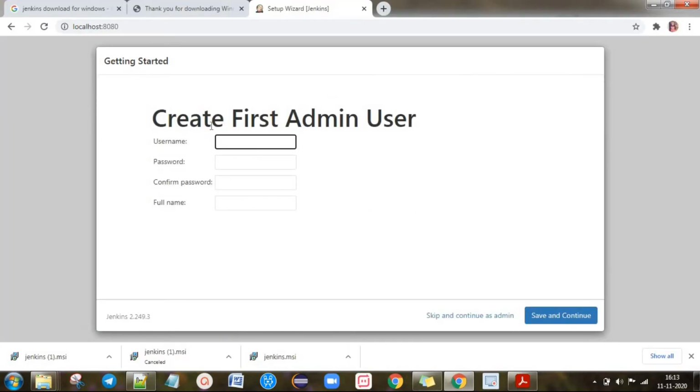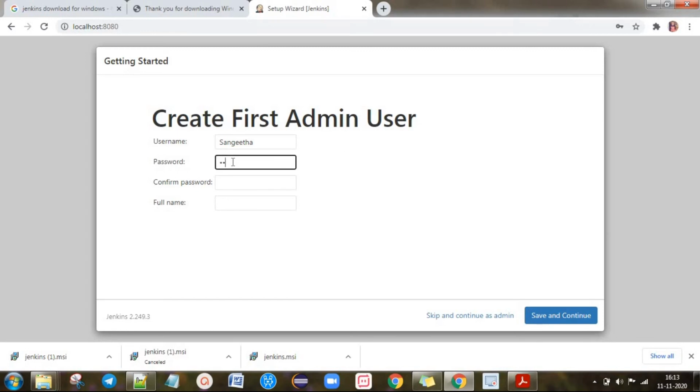Here it will ask to create the first admin user. Here we have to give the username and the password you want. Whenever you launch Jenkins, you have to enter the username and password, right? Here I'm going to give the username.